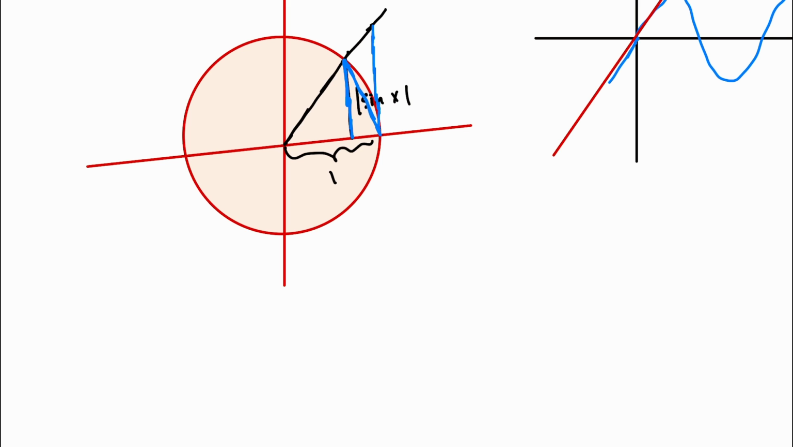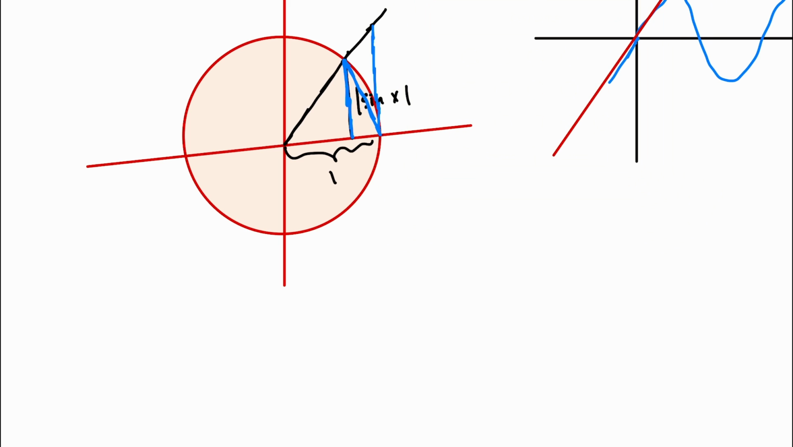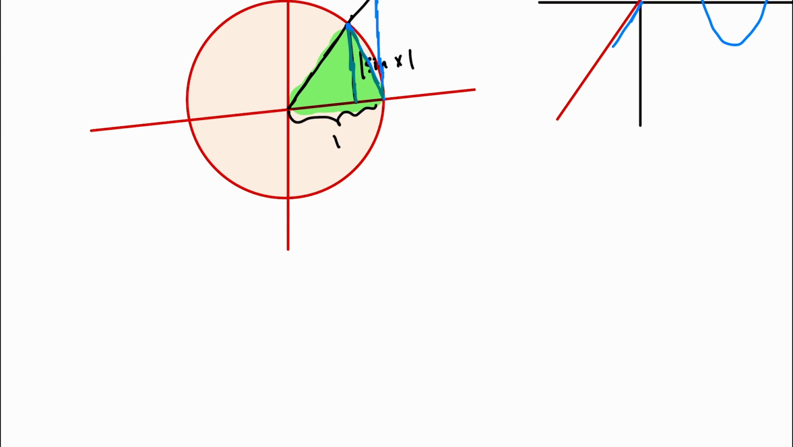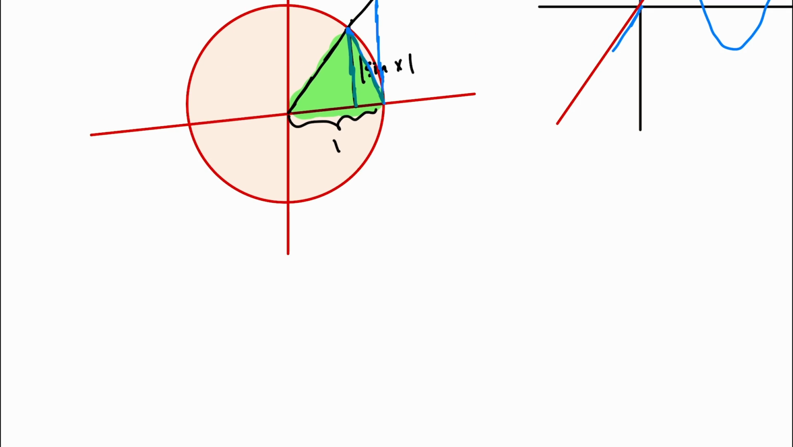So would we actually want to color this in different colors? Let's say the first color is green. Let's color this in over here, this triangle. Let's consider the area of this triangle. The area of this triangle would simply be the base times the height